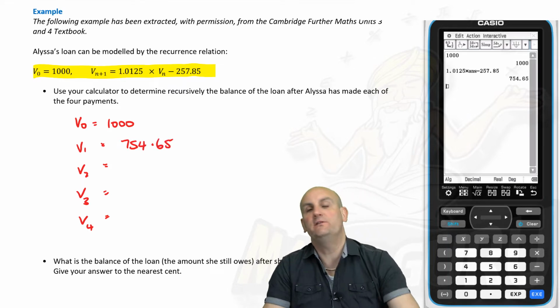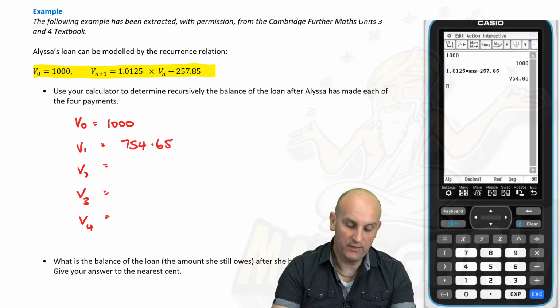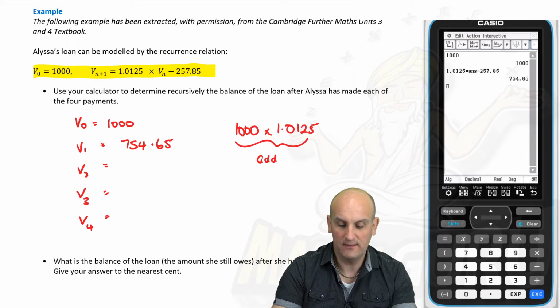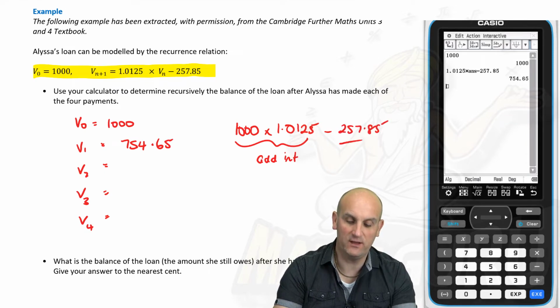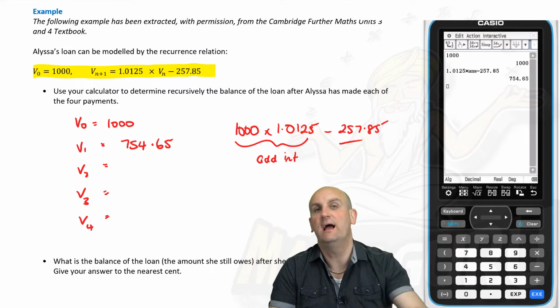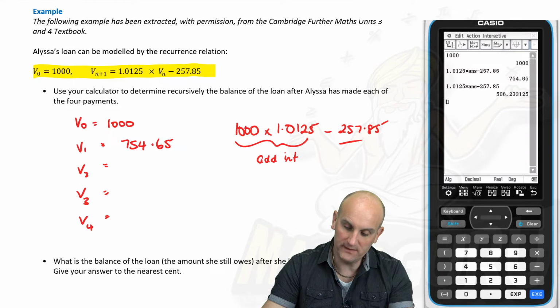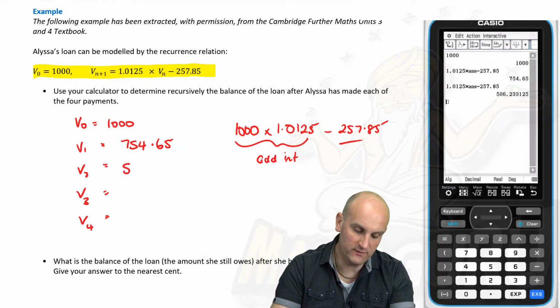754.65. Now what you've got to realize is happening here is our $1,000 is having interest added. So when we times it by 1.0125, what that is really doing is adding the interest before we subtract the 257.85. So we always, with banks, add on the interest first and then subtract our payment. So there's V1, let's do it again for V2,